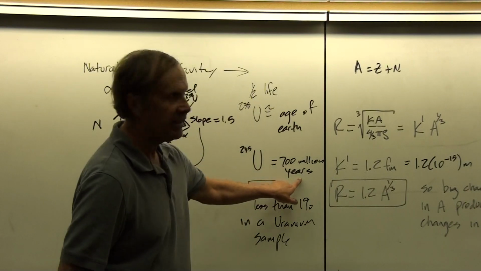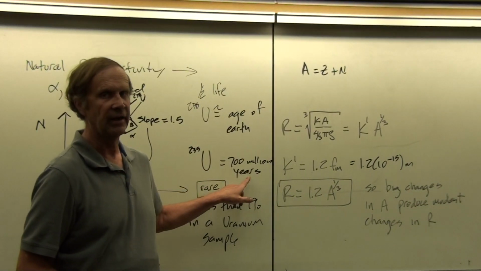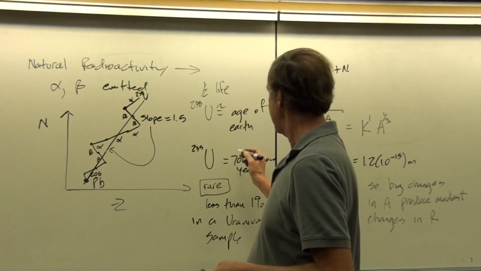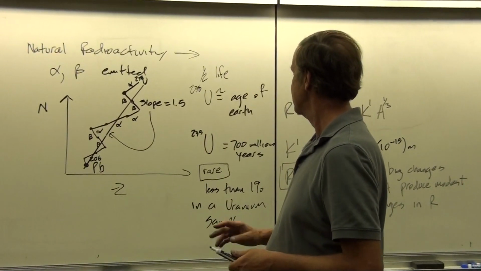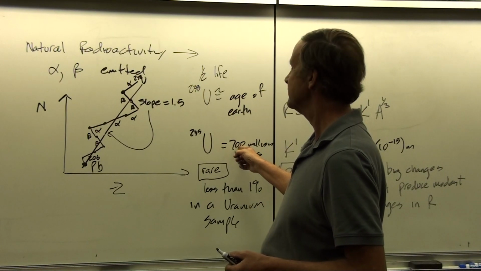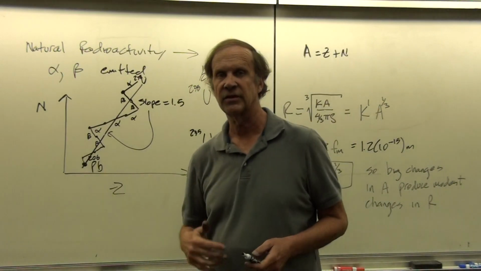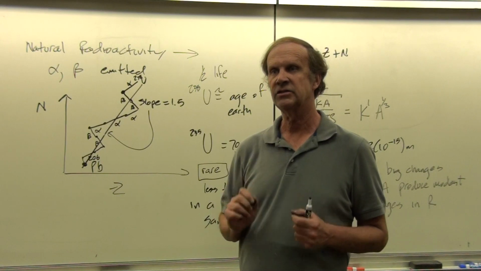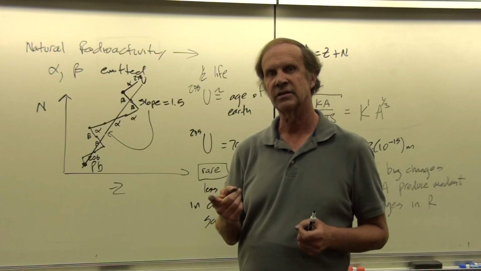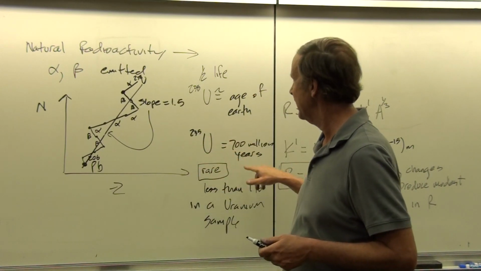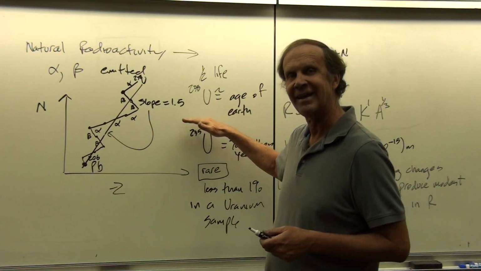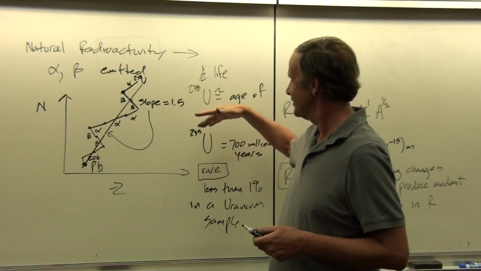Why? Because its half-life is shorter. This still seems like a long half-life. 700 million years is a long half-life. But if we divide this into the age of the Earth, we see that, well, 7 times 5 is 35. 7 times 6 is 42. So it'd be like 6 half-lives have gone by. So that means that you're looking at 2 to the 6th power. 2, 4, 8, 16, 32, 64. So it'll be 1/64th as much of this now as there would be here. This has just been cut in half. Okay, so this has been cut by 64.